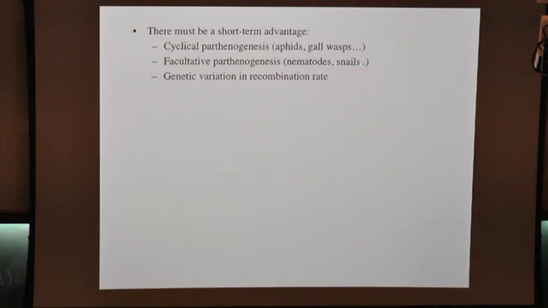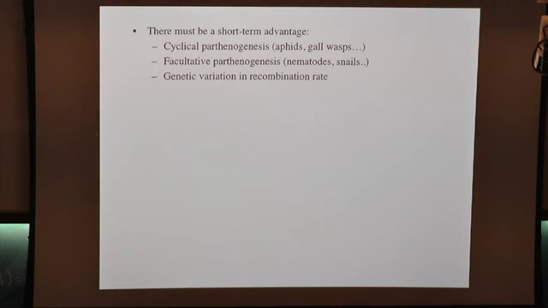One is that you have many groups that have cyclical parthenogenesis: aphids, gall wasps, and so on. Aphids, for example, will go through asexual reproduction for 5 to 10 generations over the summer, and then in the winter they'll go through a different stage, a resting stage, which is produced sexually. So sexuality is an essential part of the whole life cycle through the year, but there are a number of asexual generations interspersed with sexual. Same for Daphnia, which is a small crustacean living in ponds. Many, many cyclical parthenogens. So although I say eukaryotes have obligate sexual reproduction, that's only at some stage, not necessarily every generation.